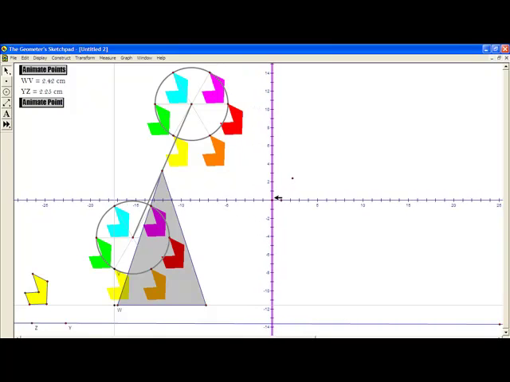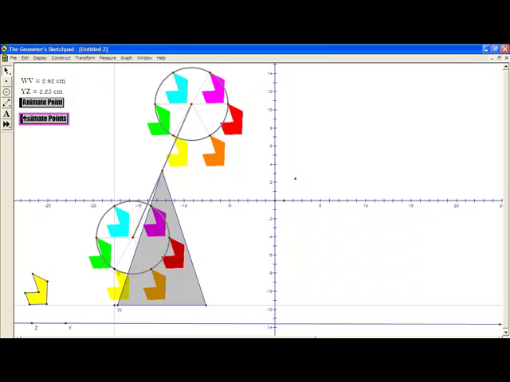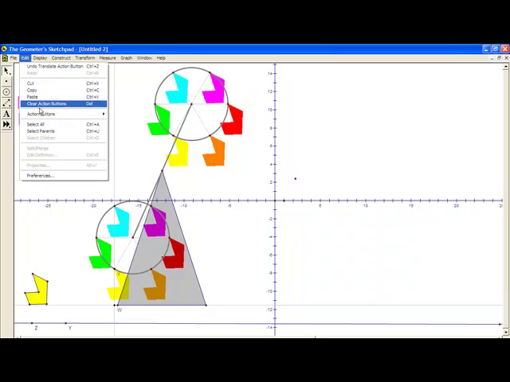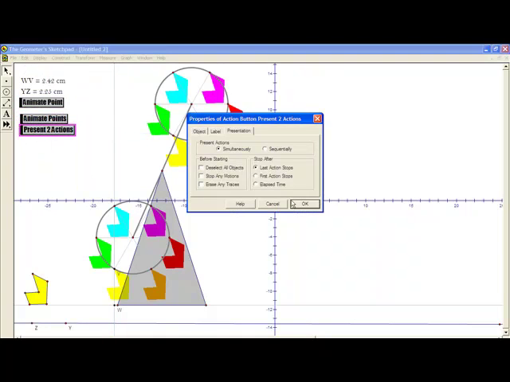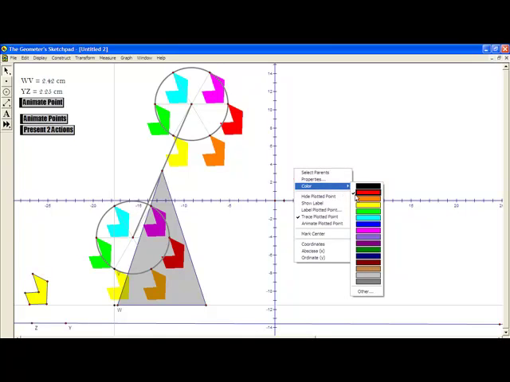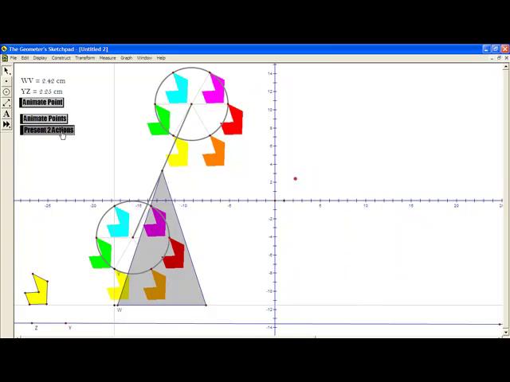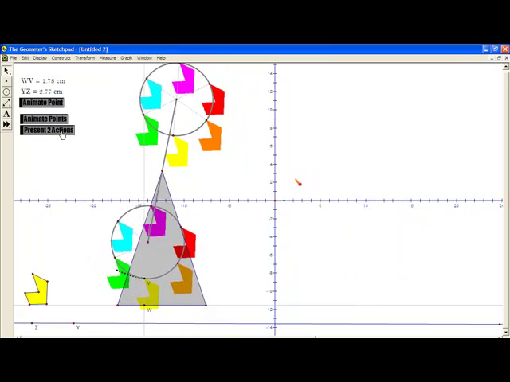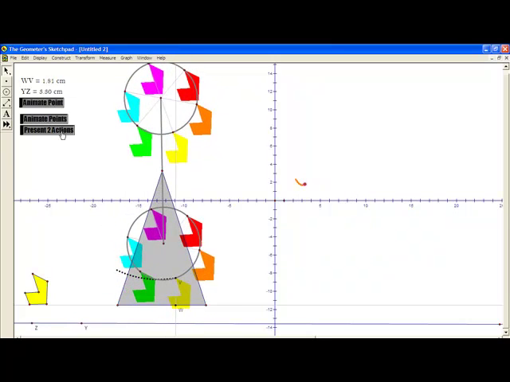After we get our coordinate system to the point where we want it, we have to make an action button that controls both the Ferris wheel and the time animations. Make sure that they go simultaneously, otherwise it will not work. Next, we'll trace the function of the height and distance, and as we animate the buttons, you can see that